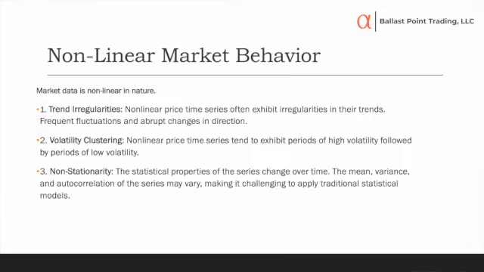All right, so some nonlinear behaviors here, trend irregularities. All that means is you get trending behavior, but it doesn't just smoothly trend. It does all kinds of crazy stuff. It'll trend with all kinds of breaks and weird zigs and zags and everything else. It's not smooth, is really what they're getting at. And for anybody who trades, that sounds real familiar.